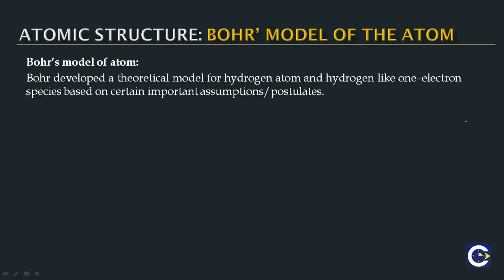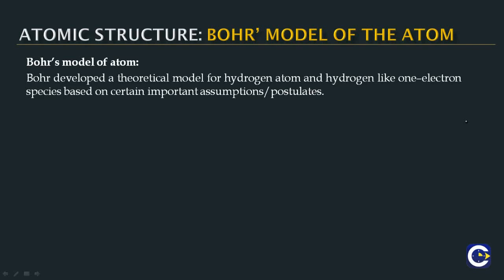The models that they have proposed for the atom are based upon the experimental observations that they have got, based on either the discharge tube experiment in the case of J.J. Thomson or the alpha ray scattering experiment in the case of Rutherford. But Niels Bohr came up with a set of assumptions, which we also call postulates, and the model of the atom is theoretical and is able to provide explanation to some of the questions that were prevailing at that point of time, especially with regard to the spectral studies.